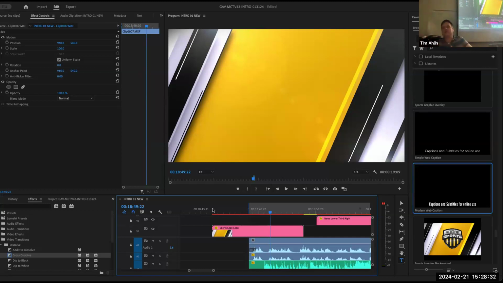Are there any questions or comments based off of what we looked at today for text? I'm going to go over one more thing and then we're going to wrap it up. But these should be your basic understanding of the Essential Graphics tab, and also how to build graphics, right? Command T gives you a text layer.